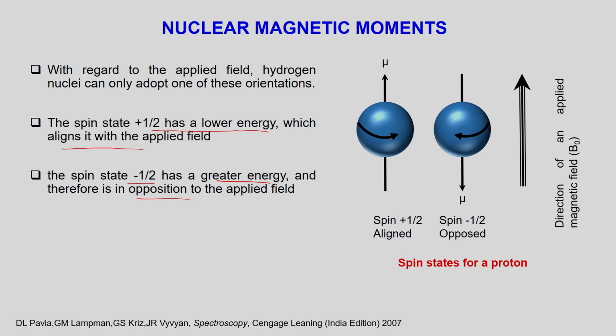So, just keep in mind, why am I stressing this here? Because on the basis of this we will come to know how the spin states are oriented relative to the direction of the field. So, remember properly: if it is rotating anti-clockwise, it will have a moment in the upward direction; if clockwise, in the lower direction. So, it will oppose the field.